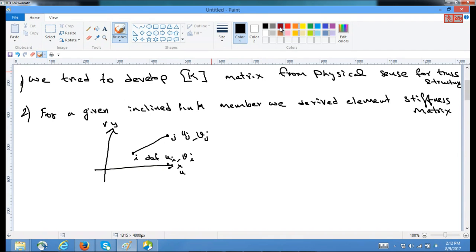The corresponding force conjugates are pj, qj. These are the forces. Similarly pi, qi. So what we did was we tried to disturb node i, keeping node j constant, with ui, vi, uj, vj all kept constant, and then we showed that